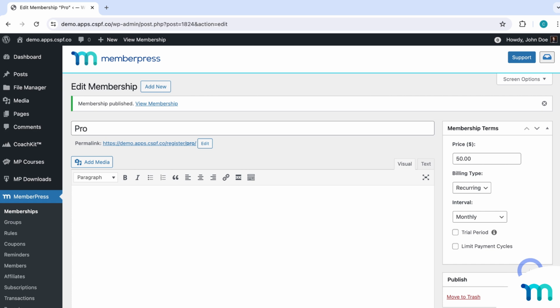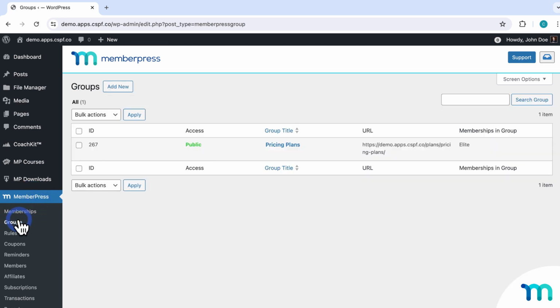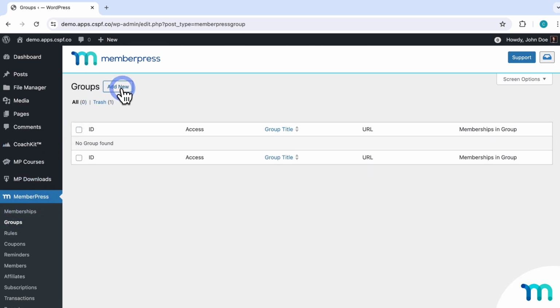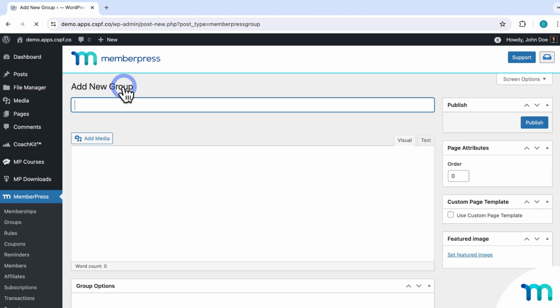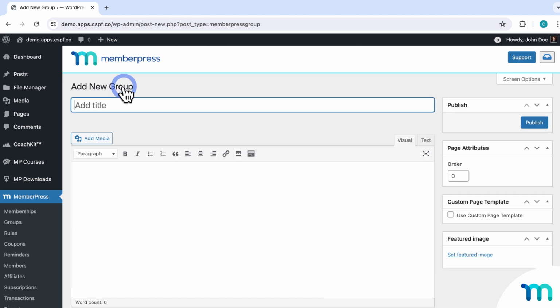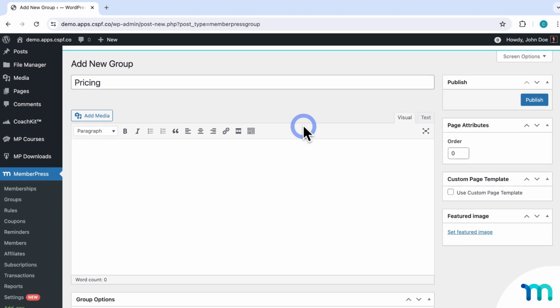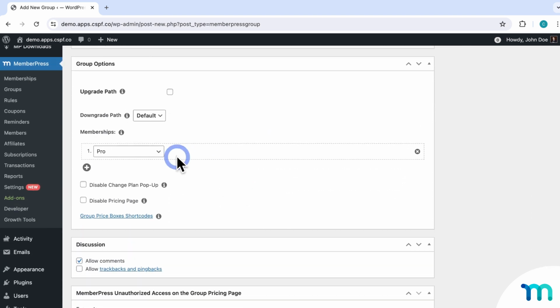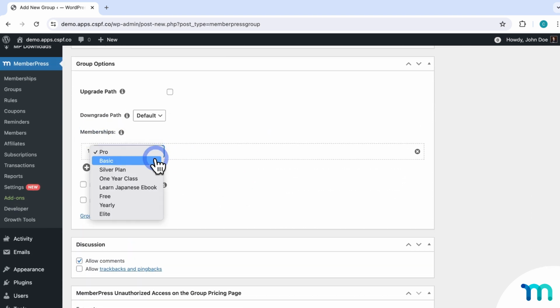So now that I've got my 2 memberships created, I just need to group them together. So to do that, you just go to MemberPress, Groups, and Add New. And then give it a name, like Basic and Pro, or Pricing Plans, whatever you want. So the name will show up on the pricing page's URL by default. And then down here, you would just select your memberships to be part of this group. So in my case, Basic